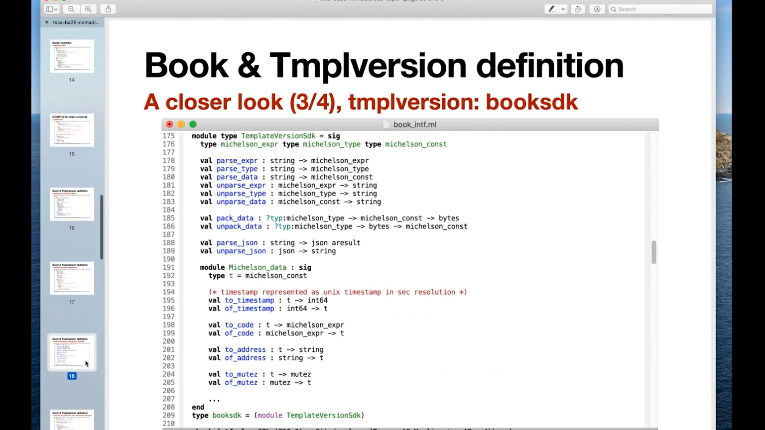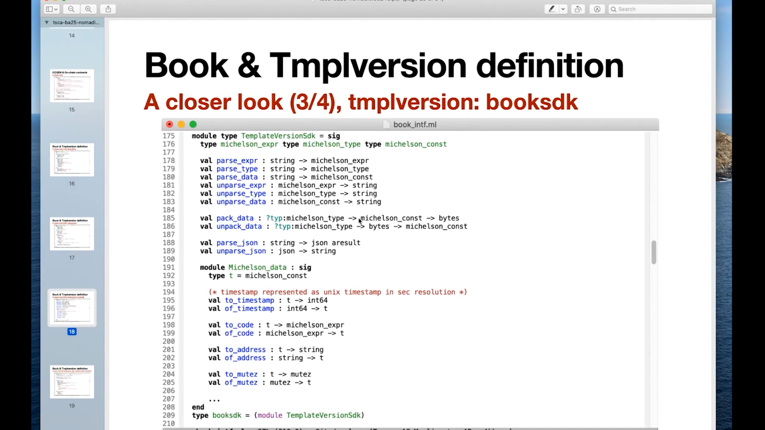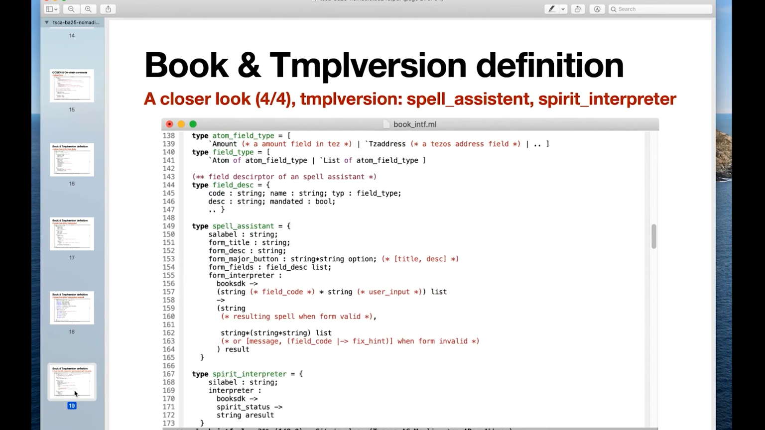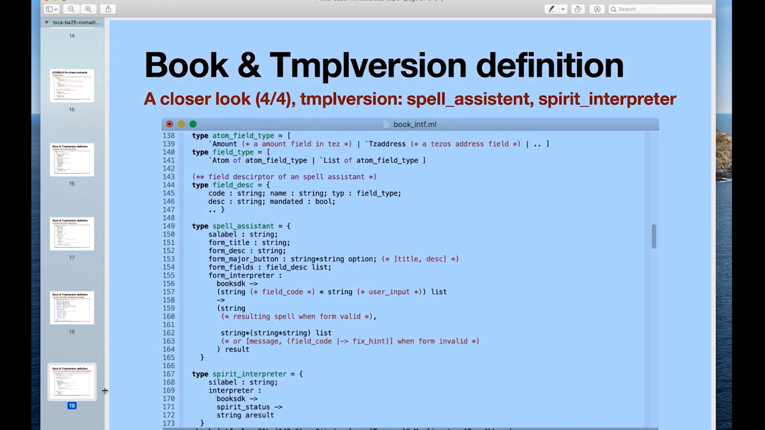So this slide shows what is called a book SDK, which basically abstracts all of the implementation details for dealing with microservices, so that you can have a nice interface to work with. And that is to be used mainly in the Spirit Interpreter. As you can see here, it's taking a book SDK, and it's going to take the Spirit status, which is going to be the